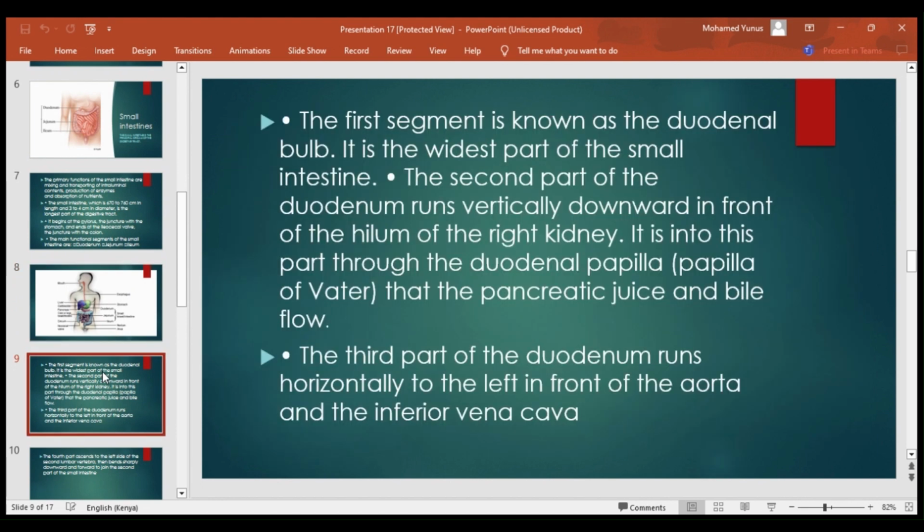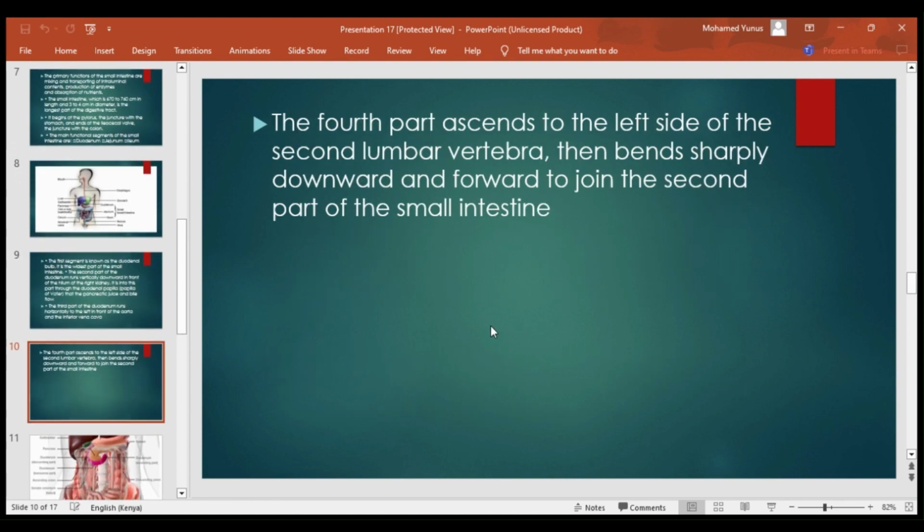So we also find the first segment is known as the duodenal bulb. That's the first segment of the duodenum. It is the widest part of the small intestine, and the second part of the duodenum runs vertically downward in front of the hilum of the right kidney. It is onto this part, through the duodenal papilla, the papilla of Vater,